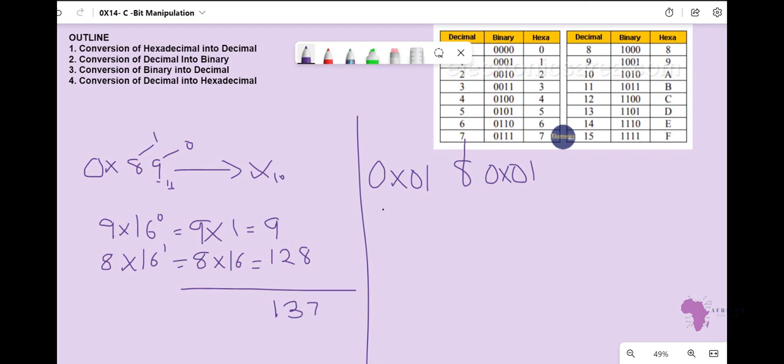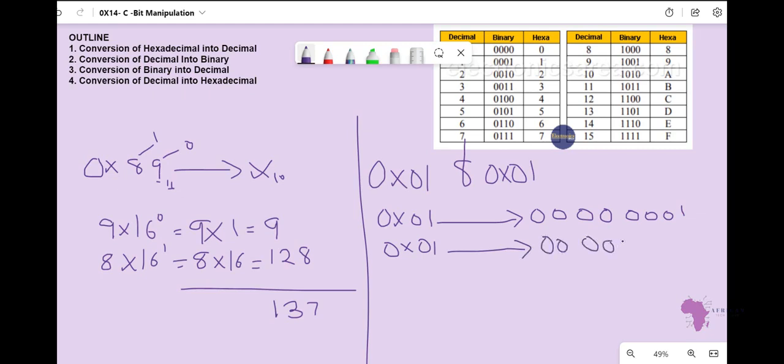So how can we do it? You say binary. 0x01, its binary is equivalent to 0, 0, 0, 0, 0, 0, 0, and a 1 at the end. So another one, 0x01 will give us 0, 0, 0, 0, 0, 0, 0, and a 1 at the end. So AND means that when both of them